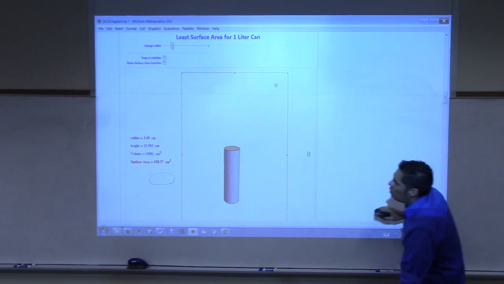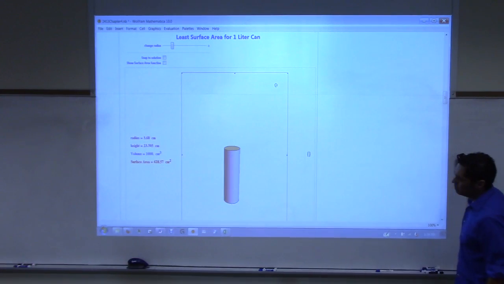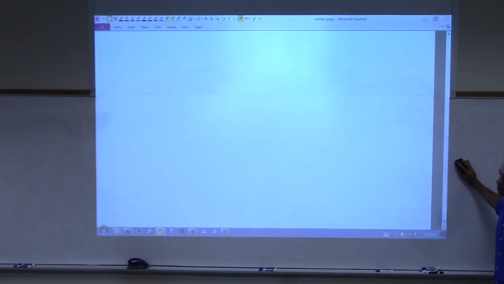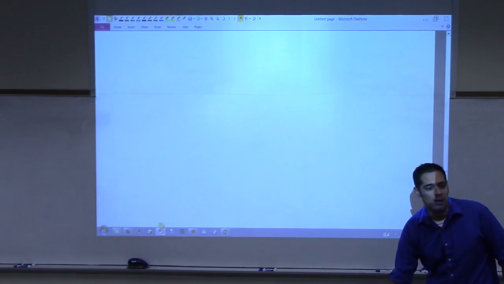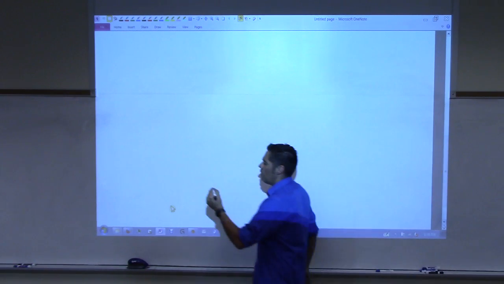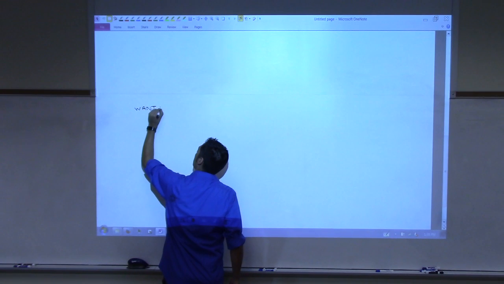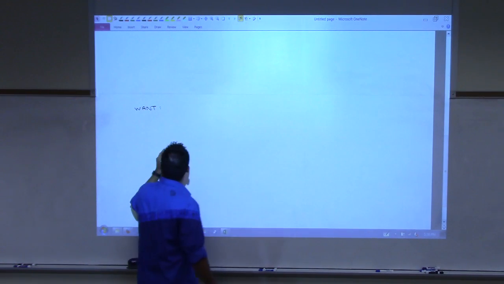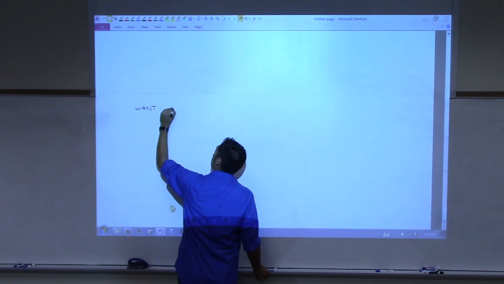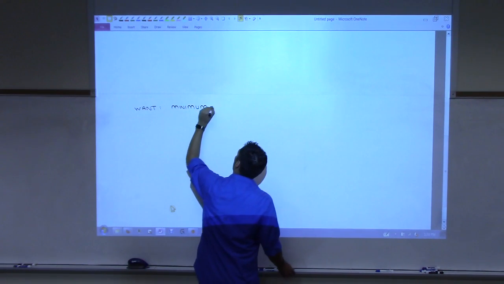So I'm going to let you walk me through this one a little more than the last one. Y'all help me out. What's the first thing that I want to do here? So what do I want here? Surface area? I want the minimum surface area